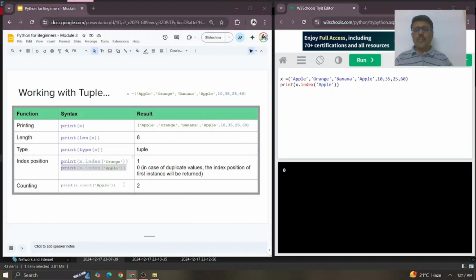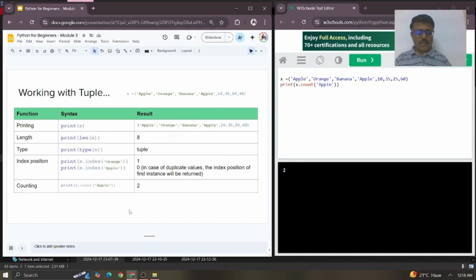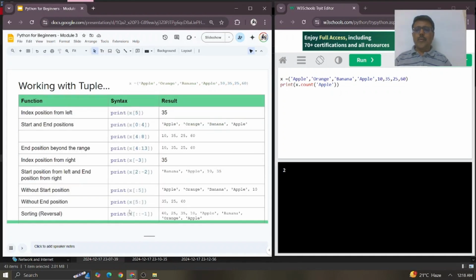And finally, you want to see how many apples are available. So how many are there? 2 are there. That means the output should return 2. You will not find any difference between the tuple and list as far as this part of the exercise is concerned, right? It was giving the same result as tuple, sorry, list. Now, let's go to the second one,